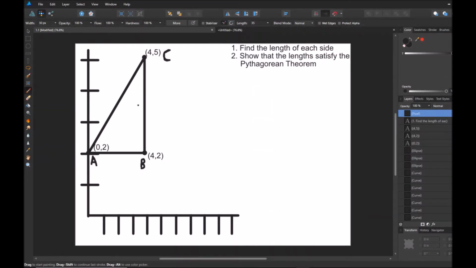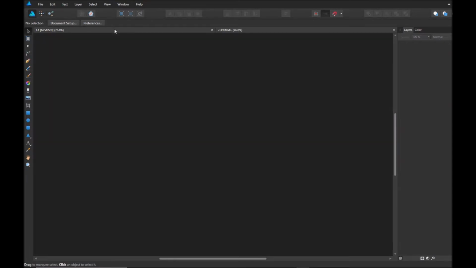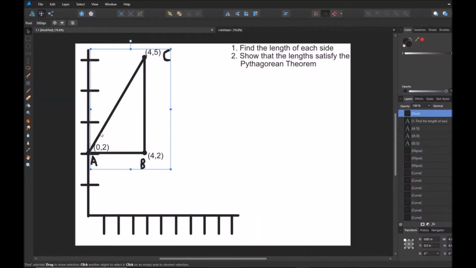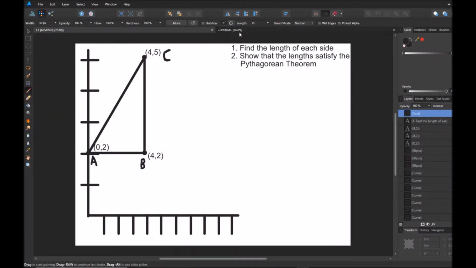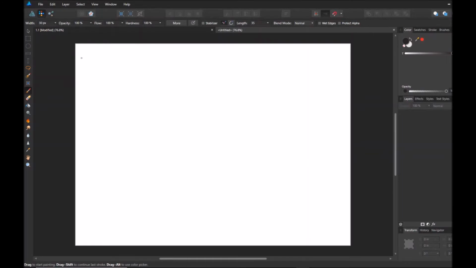So for the first part, we have to find the length of line AC. To find the length of this line, all we have to do is find the distance between these two points, because the line connecting them is the distance between those two points. So we go back over here and write out our distance formula again, which is distance equals